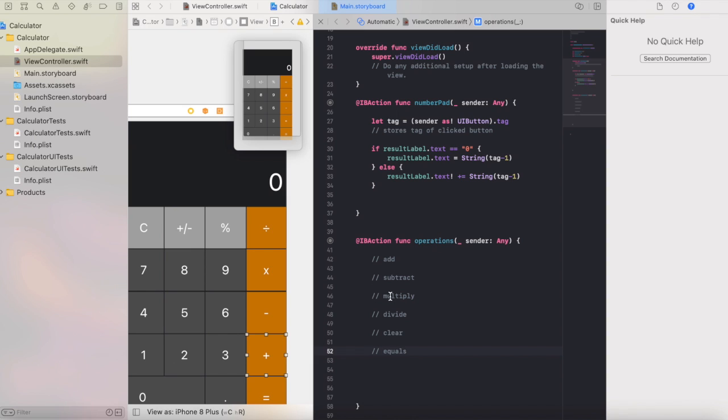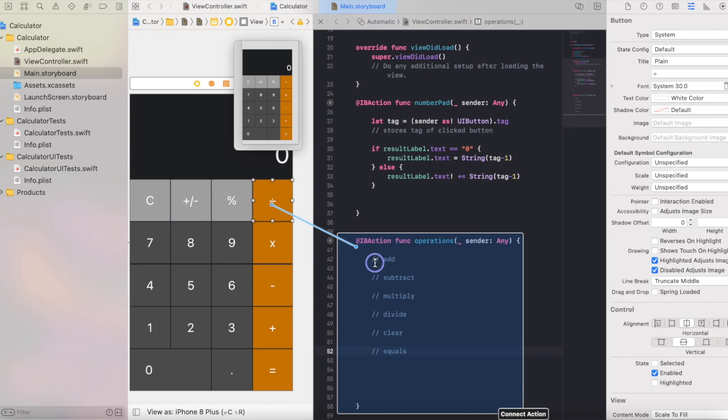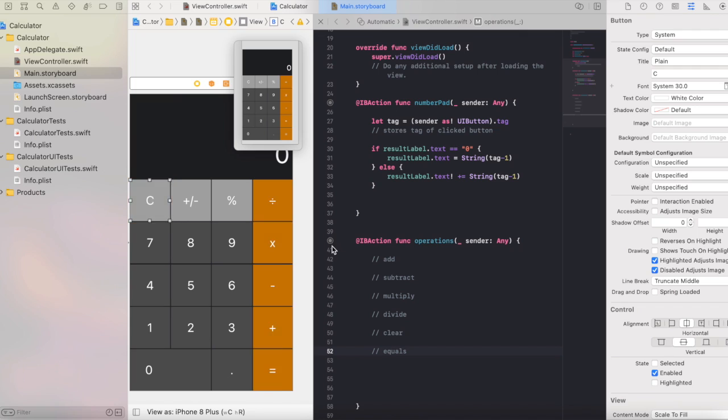Okay, so that's our 6 buttons that will need to be connected to it. Right now we just have addition, so let's just go ahead and connect the rest. Now as we can see, we can hover over this little button here, and we can see that all 6